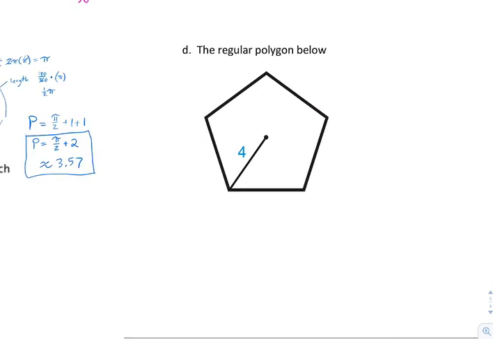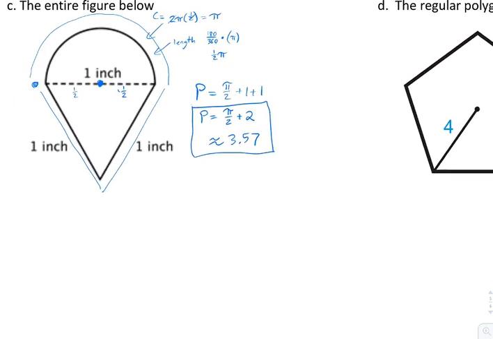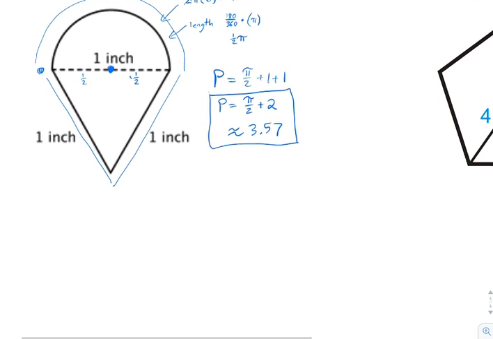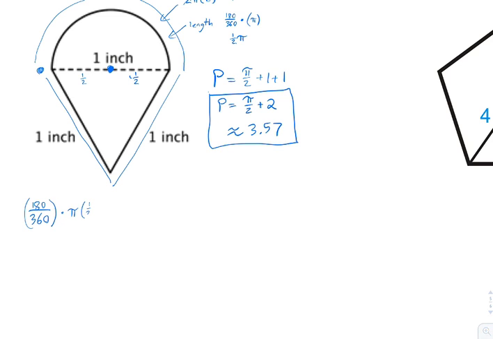All right, so over here, oh sorry, the area of this, I'm sorry. First we need to say, well, I've got half a circle. So 180 out of 360, that's 1/2, times pi r squared, and in this case, r is 1/2. That's the area of the half circle. And then I'm going to add the area of the triangle. Now the area of the triangle is 1/2 base times height. So going down here, I've got 1/2 of pi, and 1/2 squared is 1/4, plus 1/2 the base of